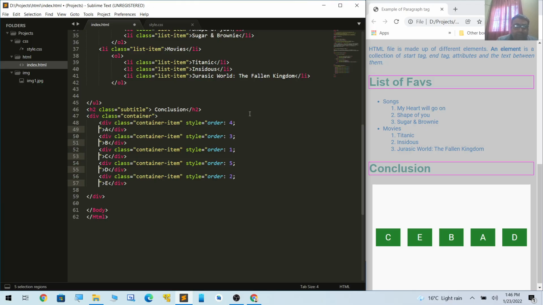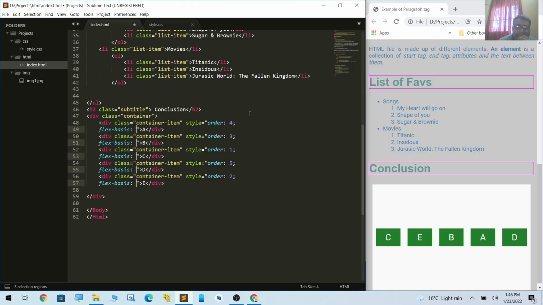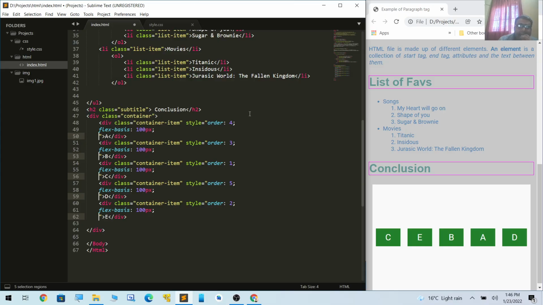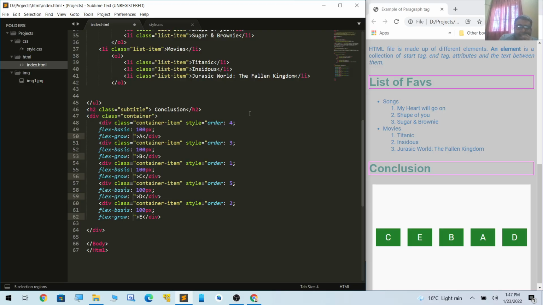So I need to specify after order is your flex basis. Flex basis is the default value. So I would set 100 pixels as my default value for all. Okay. After this, let me set the flex grow. Now, if I set 1 here, that means every element will grow according to